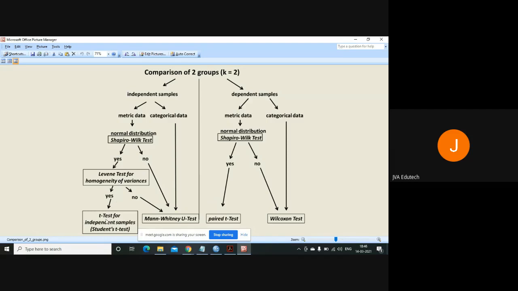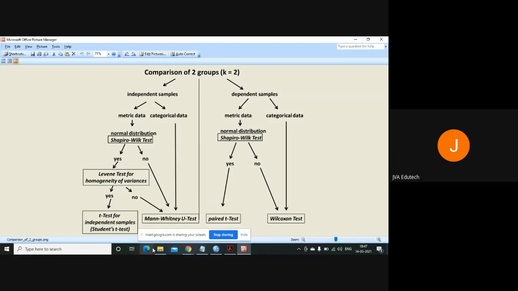you apply the independent t-test in the next module, you will see it gives you two p-values. One when equal variances is assumed, another when equal variances are not assumed. So if your data set doesn't have homogeneity of variances, then you will report the results from equal variances not assumed. If it is following Levene's test of homogeneity, there is homogeneity in variances, then you can go for equal variances assumed. But the first thing is that you have to check for normal distribution.